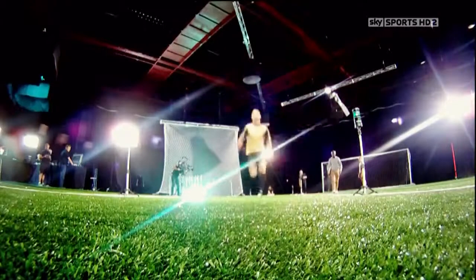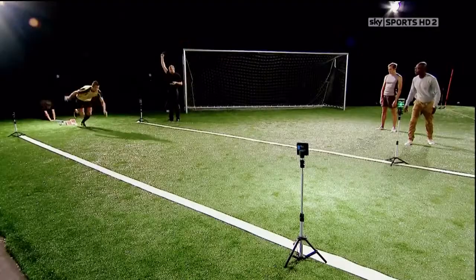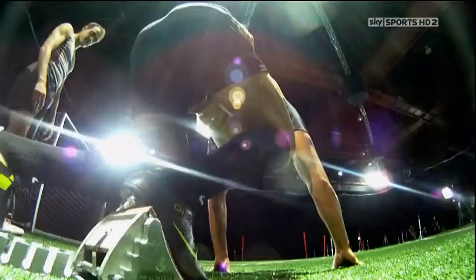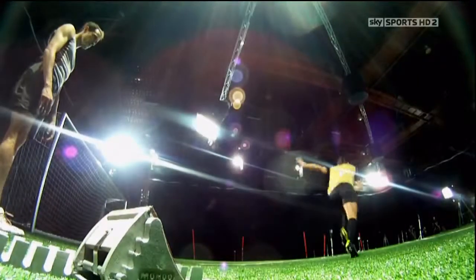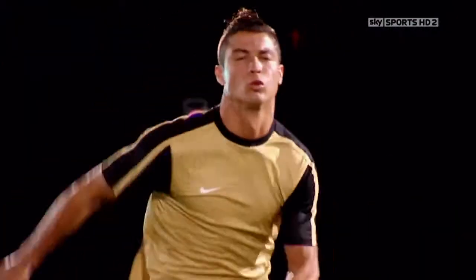On closer analysis, the reasons why are clear. From a sprinter's point of view, Cristiano Ronaldo's technique isn't the best, but then Cristiano Ronaldo's not a sprinter. He's very quick off the mark, but his style is quite different. He has to still think about the sprinting. That's where his head goes back, and